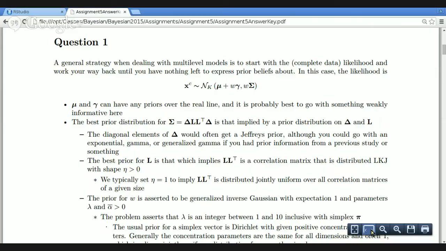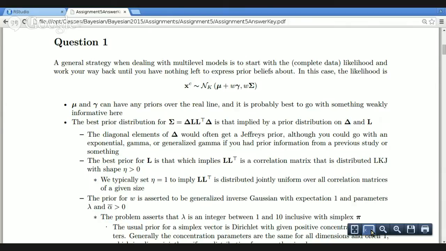It can be difficult with this distribution to estimate precisely the separate contributions of mu and gamma, but really all you need for the purposes of creating imputations on the missing values is their sum, or you got to multiply gamma by W. If you can get a precise posterior distribution for mu plus W gamma, then you have a high amount of certainty as to what the conditional mean is. And then,